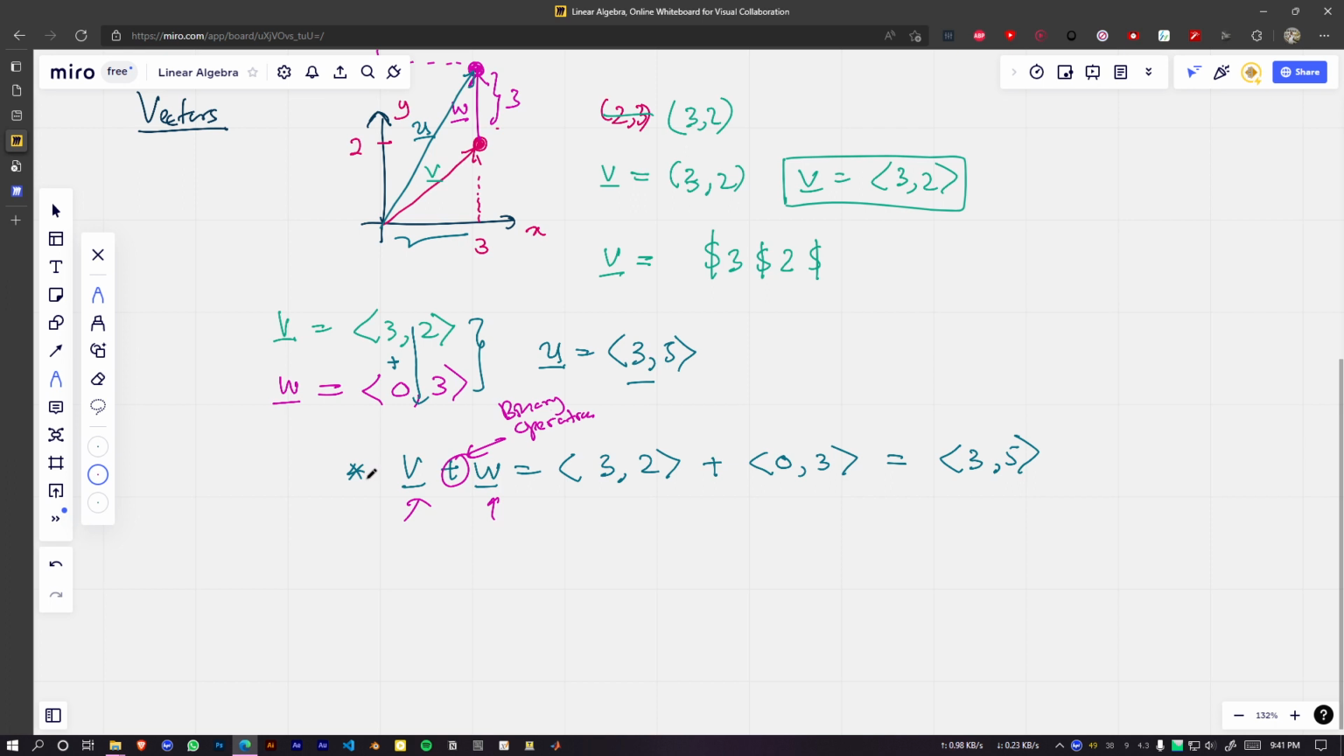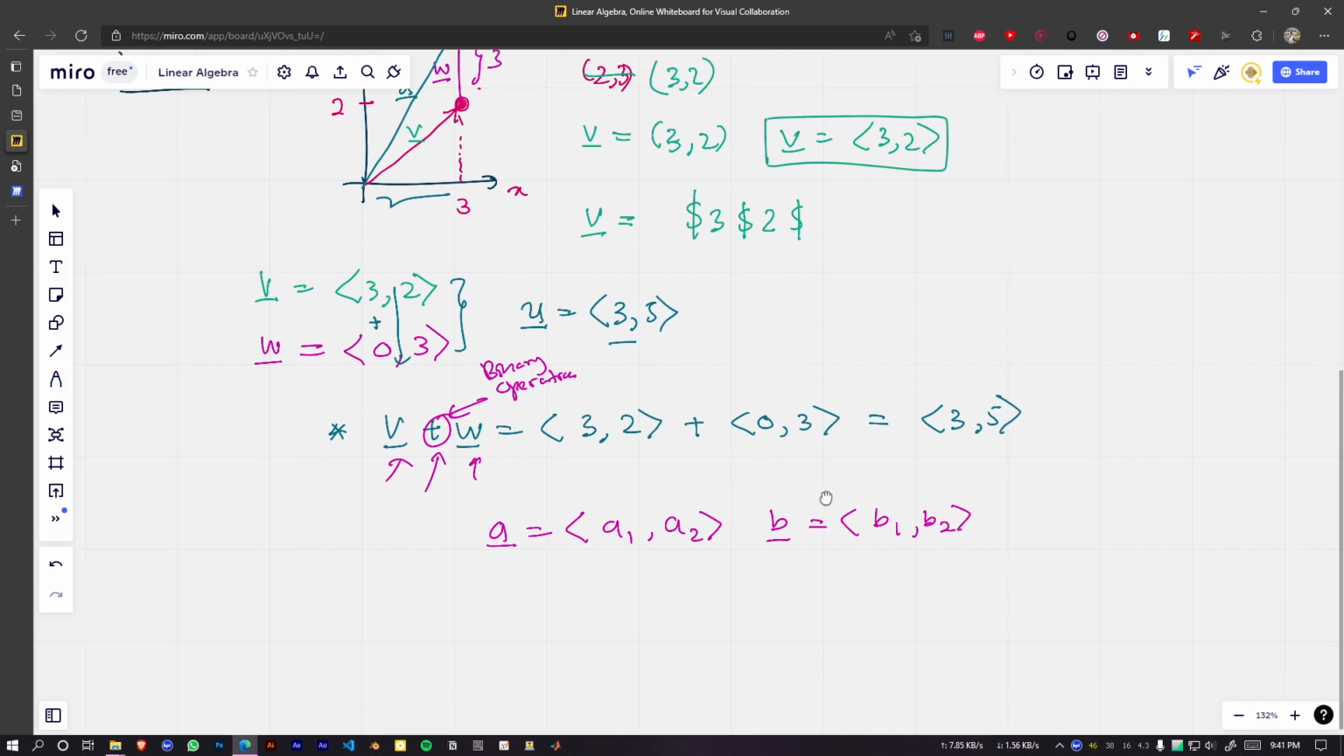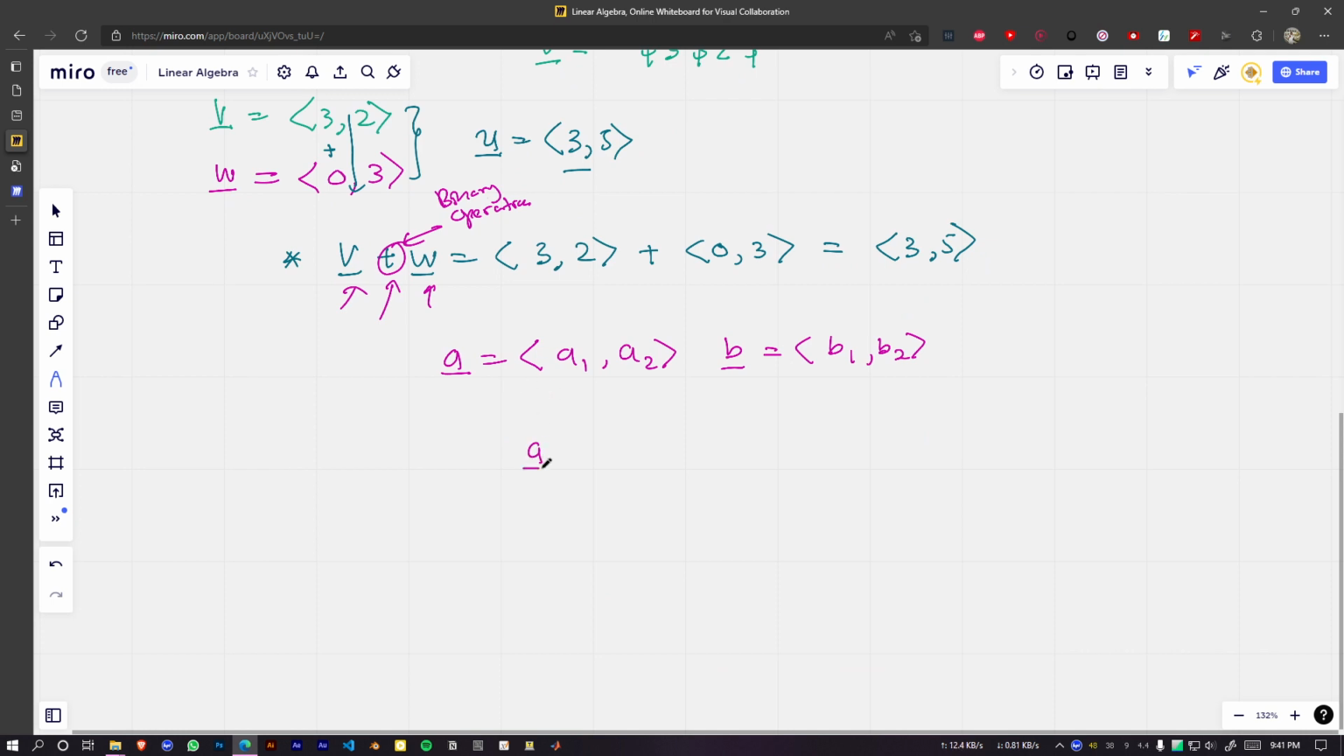So looking at this, we can define the binary operation called plus, as follows: if a is a vector which has components a1 and a2, then b is also a vector which has components b1 and b2. I'm not going to define everything about vectors because we already know about those. So I can define a plus b as